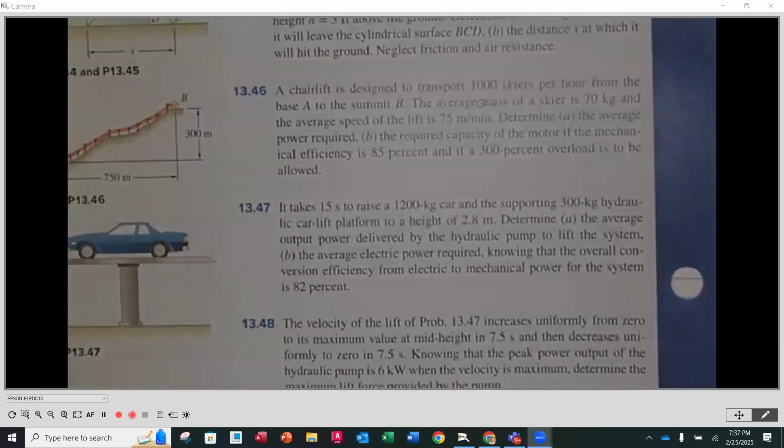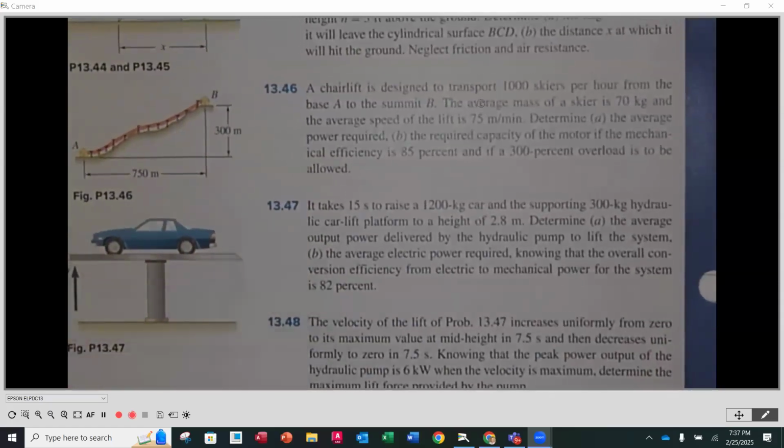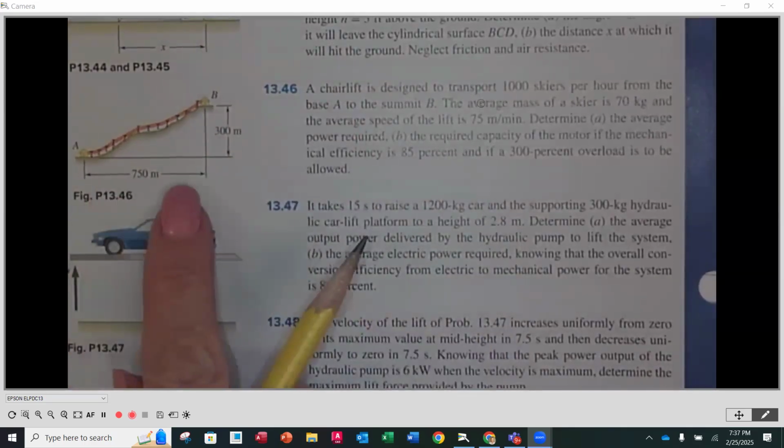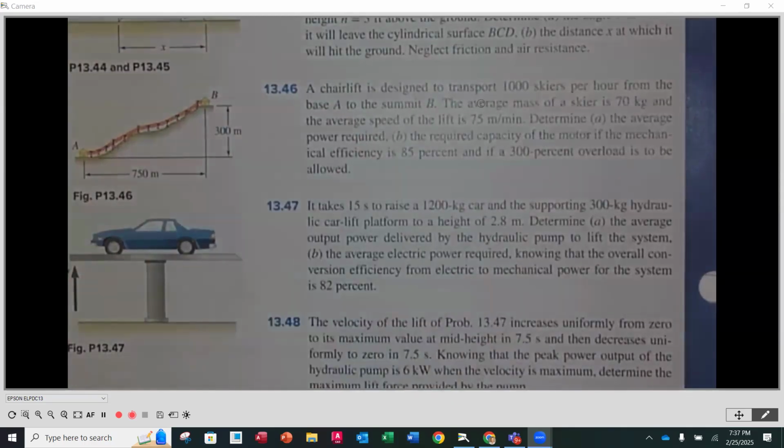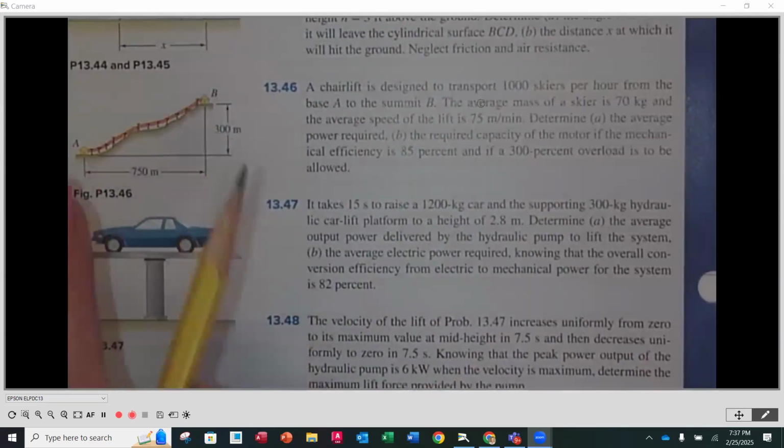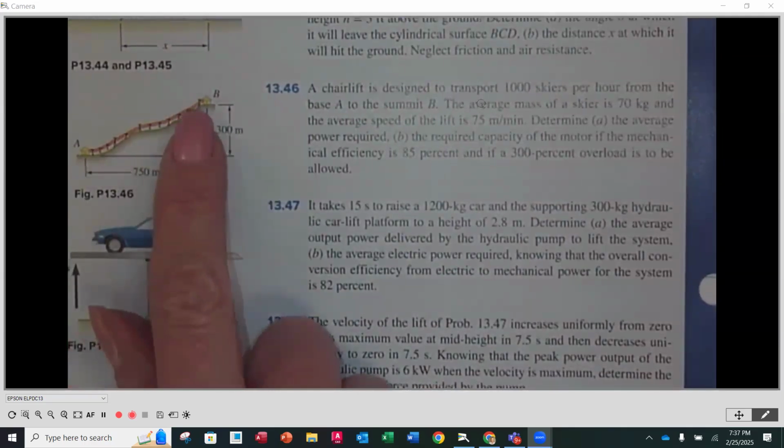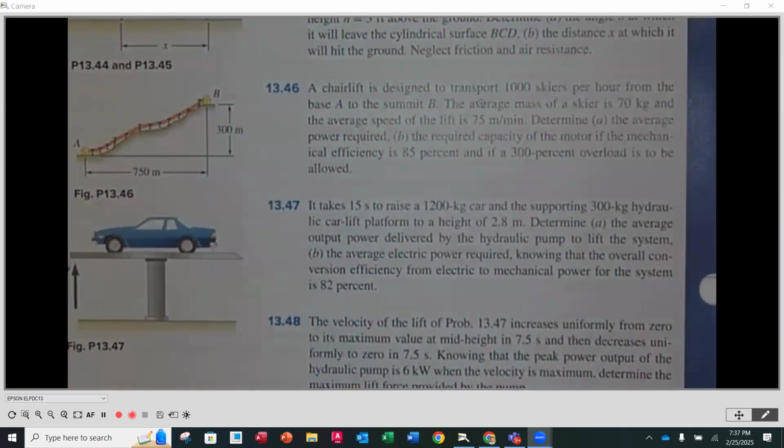Okay, so the problem that we're looking at here, number 1346, we are going to be looking at the illustration on the left-hand side here. We have a chairlift that is desired to transport 1,000 skiers per hour from base position A to the summit at B. The average mass of a skier is 70 kilograms, and the average speed of the lift is 75 meters